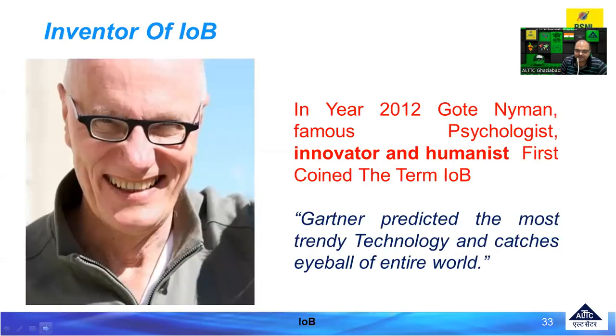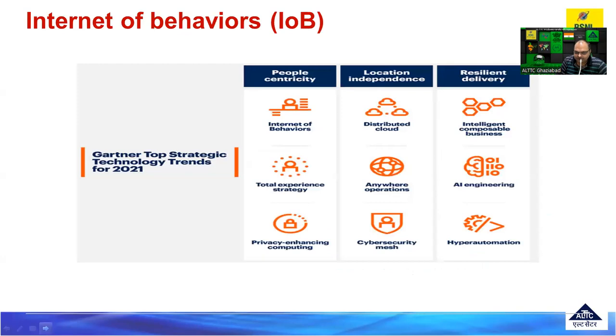Otherwise, I will share. One psychologist basically coined the term Internet of Behavior. Gartner predicted it as the most trendy technology that catches the eyeballs of the entire world. As per Gartner, from 2025 it will take shape, and up to 2030 it will capture 50% of the world market. You can find it from 2021; it is on Gartner's agenda. So whenever we say people centricity,